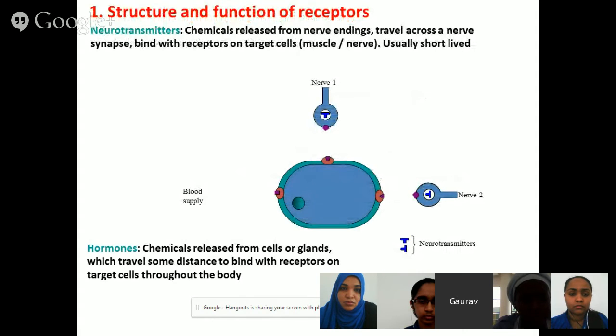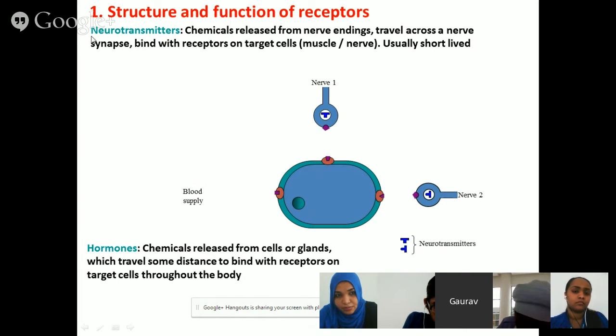So now let's discuss chemical messengers, as we mentioned in our last slide. What are chemical messengers? Chemical messengers are messengers which pass information to another cell. So these chemical messengers are of two types. First,